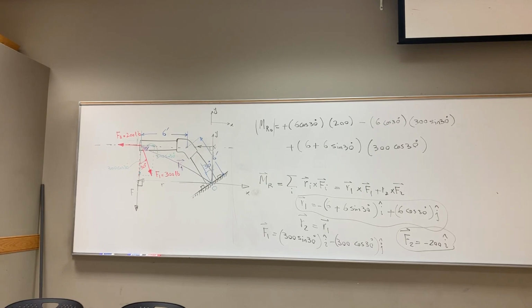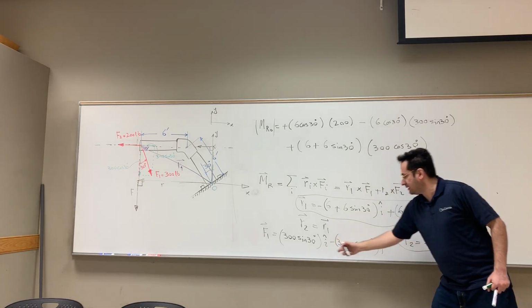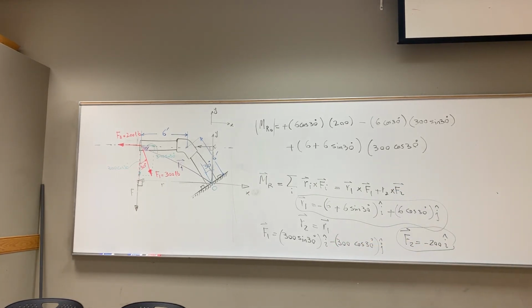Cross F1. F1 is this guy, 300 sine 30 I negative 300 cosine 30 J. Alright? Plus